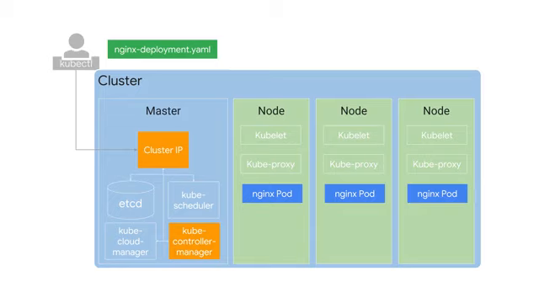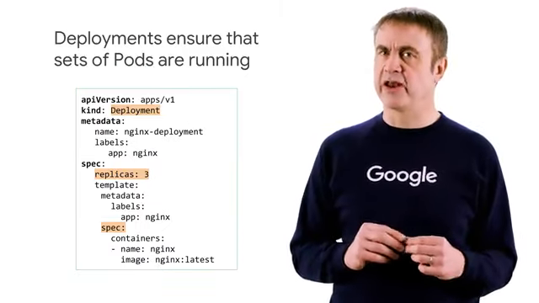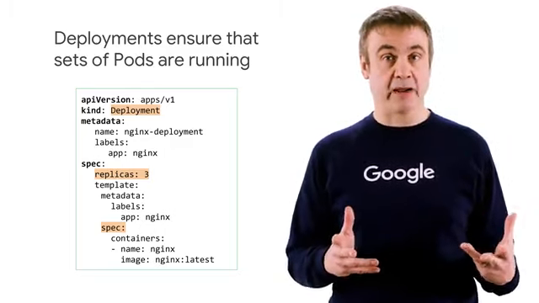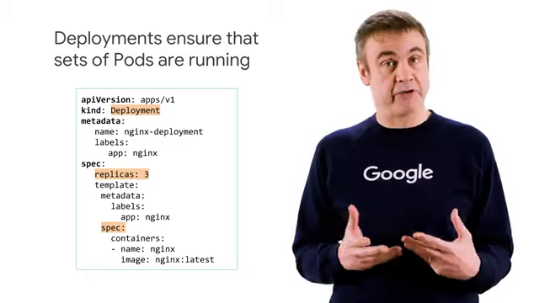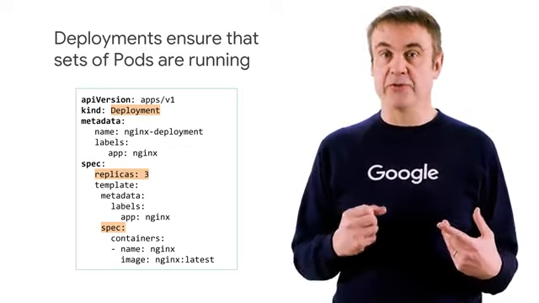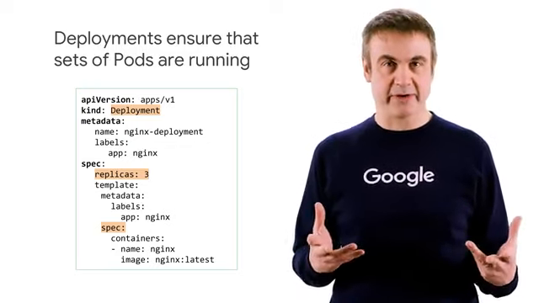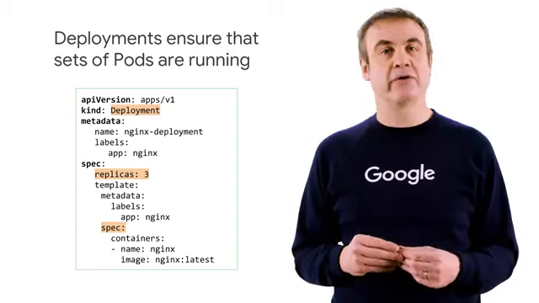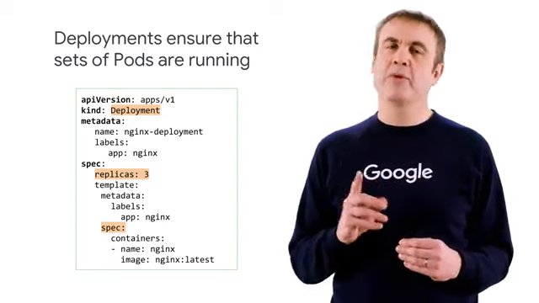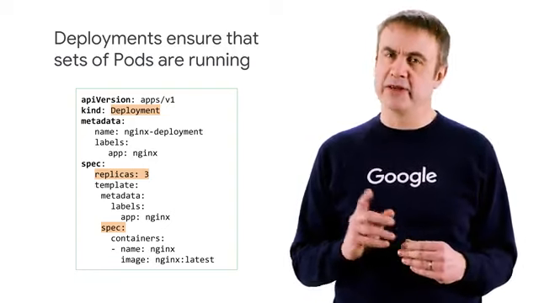Instead of using multiple YAML manifests or files for each pod, you used a single deployment YAML to launch 3 replicas of the same container. A deployment ensures that a defined set of pods is running at any given time. Within its object spec, you specify how many replica pods you want, how pods should run, which containers should run within these pods, and which volumes should be mounted. Based on these templates, controllers maintain the pod's desired state within a cluster. Deployments can also do a lot more than this, which you will see later in the course.